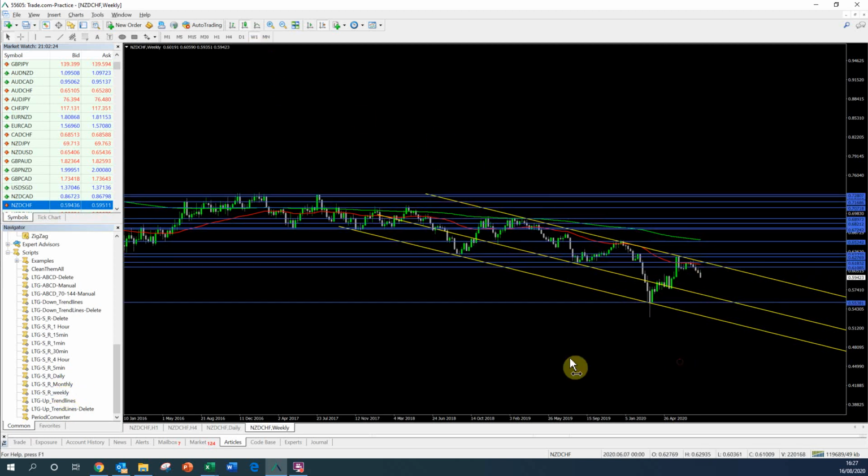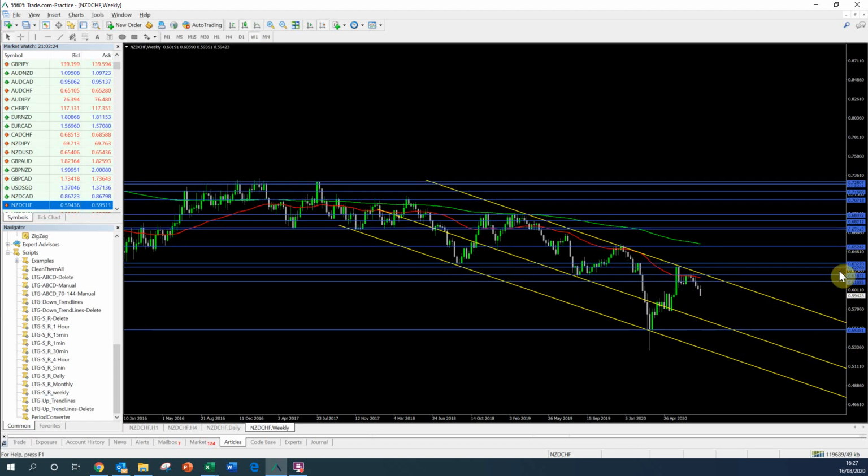And this just confirms why I like to use this tool, because not only does it show what support and resistance is actually there, but you can interpret how much room for movement this currency pair has on the weekly chart. We've had a rejection off of a weekly key level, a channel line, and also the 50 moving average, and